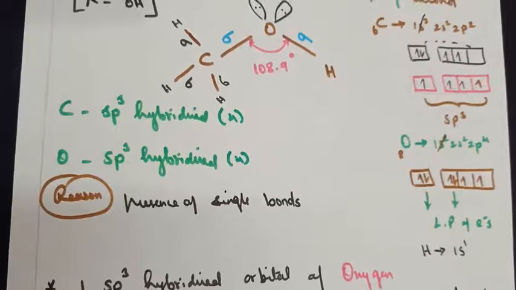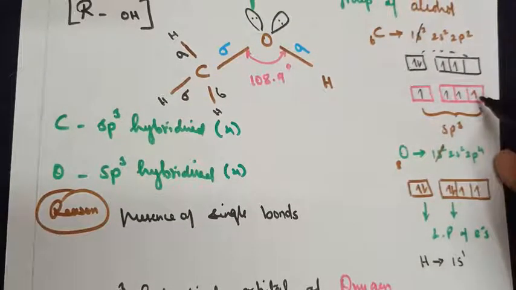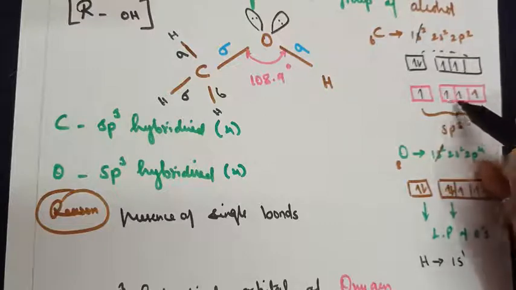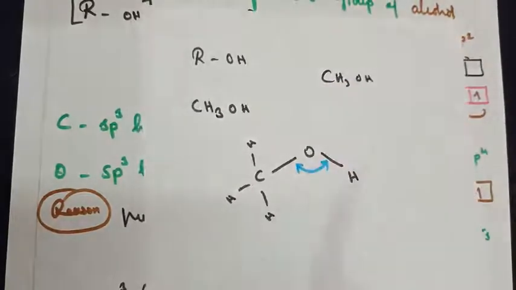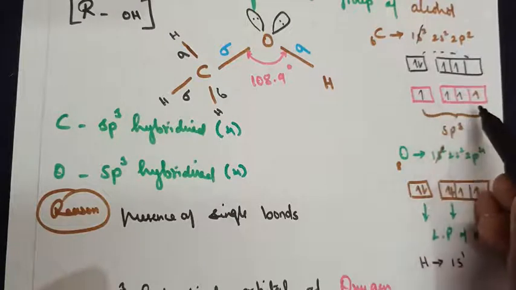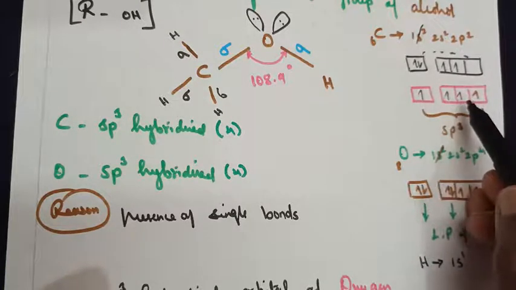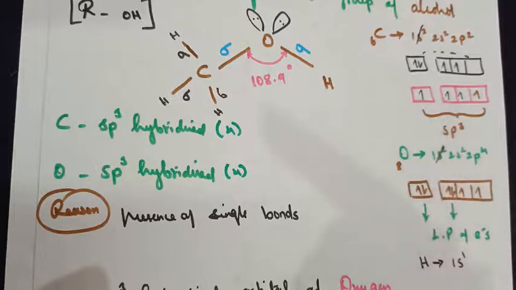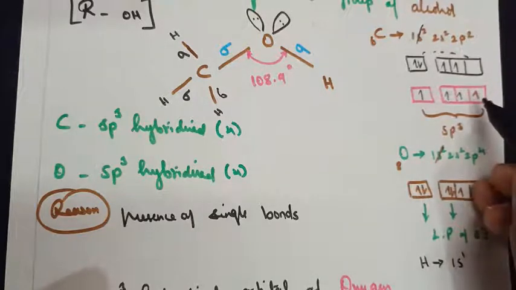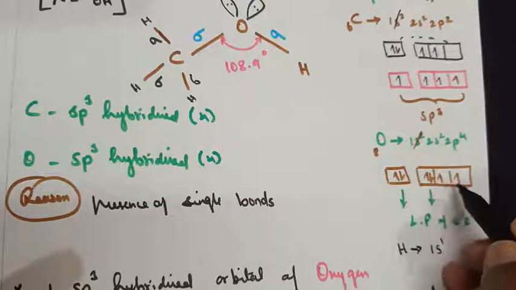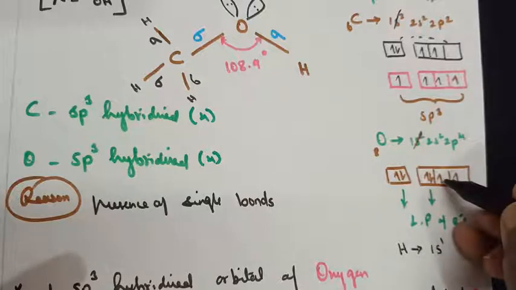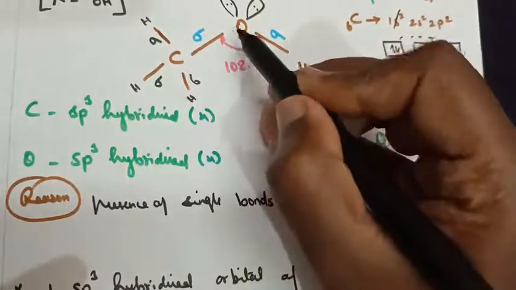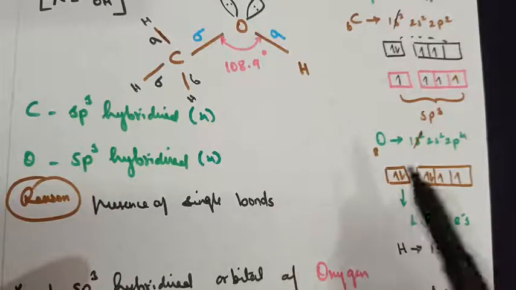Now, how does the bonding take place here? Out of the 4 orbitals, carbon has 3 bonded to hydrogen. I hope you are able to understand. When we write CH3, carbon is surrounded with 3 hydrogens. So out of the 4 orbitals, 3 are bonded with hydrogen. How many more electrons are left out? Only 1 electron is left out. Now oxygen has 2 half-filled orbitals, so the leftover 1 combines with the oxygen, forming a bond between carbon and oxygen. I hope I am making my points clear to the students.